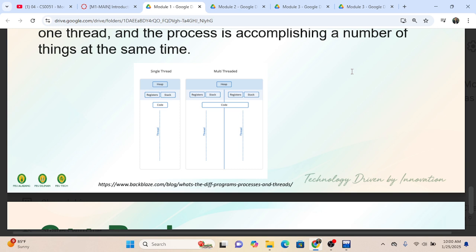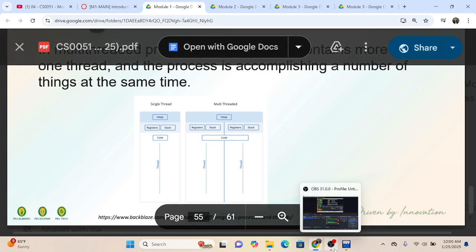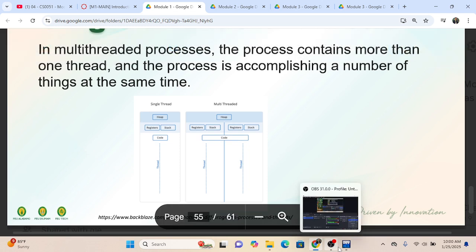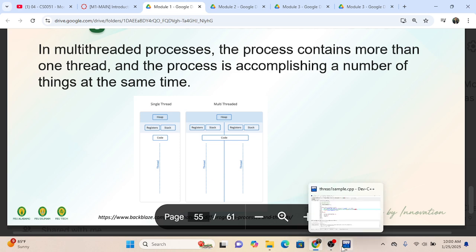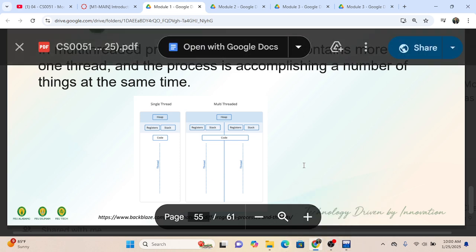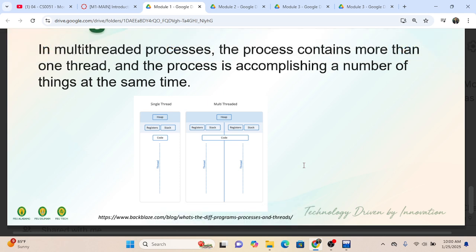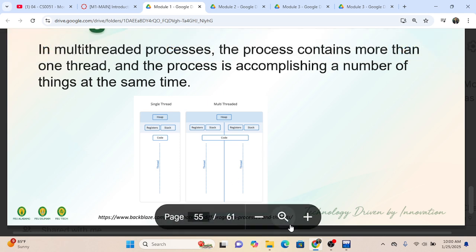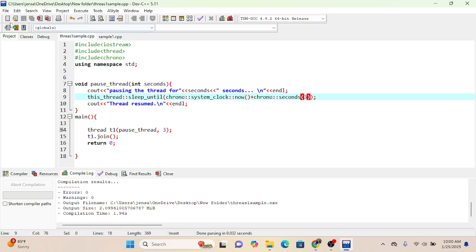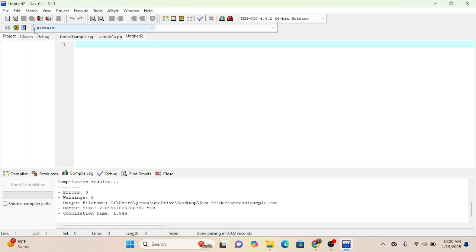So, for example, dito sa example po natin, meron tayong tinatawag na... so, try kong gagawa guys. Na-share ko yung variable sa both threads. Gagawa tayo ng program. Okay, so